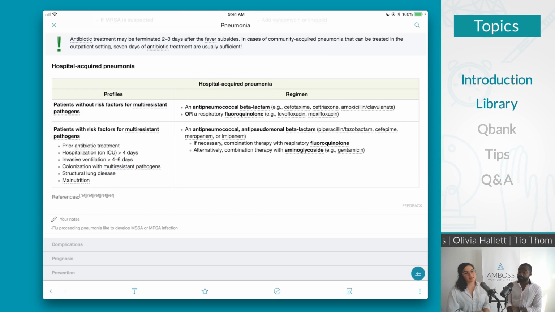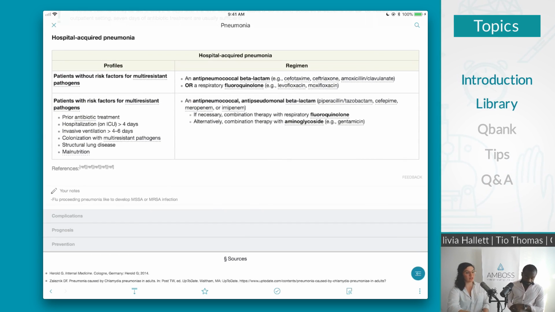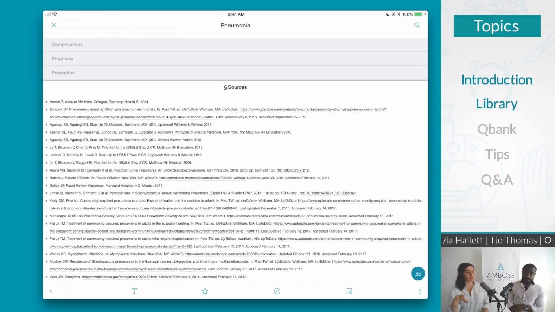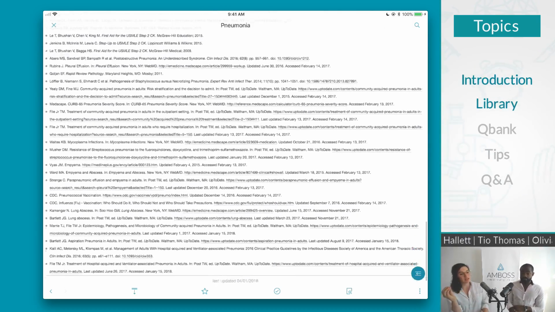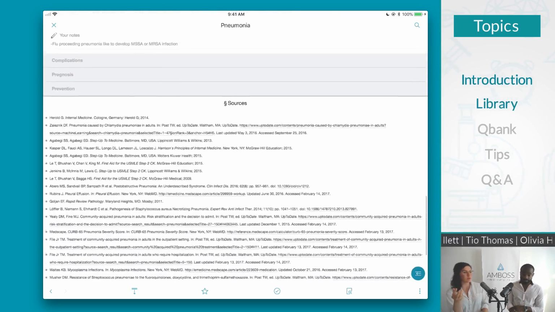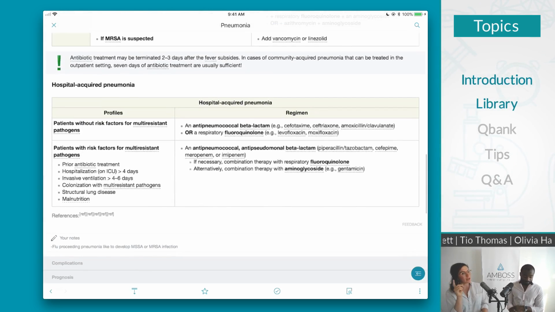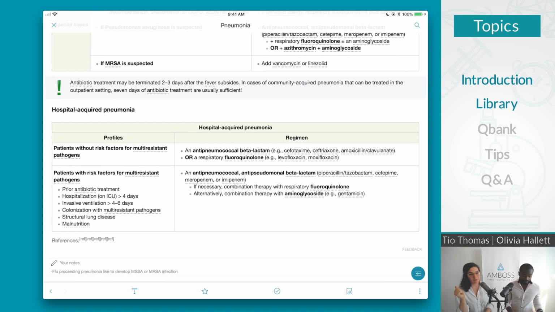And I'm really glad you showed that. If we scroll a bit farther down, we can also see the total sources for the card. So if you want to look at an overall list of how we built the library card and what resources we use to give you these recommendations. You can use this tool both when you're on the wards and you need a reminder, like we were talking about with the CURB-65, but if you forget what a beta-lactam is,